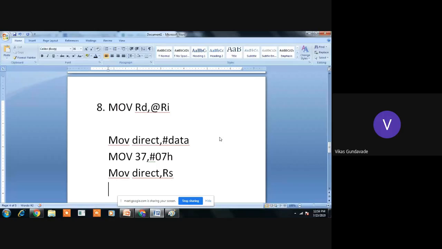Why? Because see here, in the first one we have move direct comma hash data. So here the immediate value is loaded, and in this one the source register value is getting loaded into the memory location. So depending upon